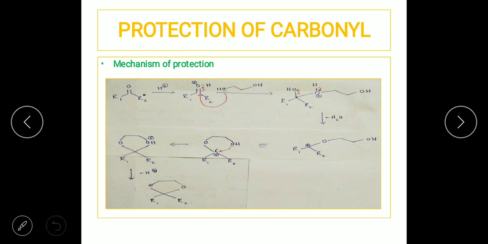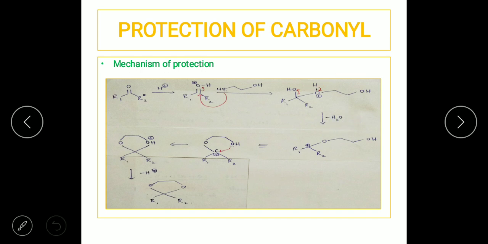Now once there's a formation of a bond between the carbonyl carbon and the oxygen, you can see there is a positive charge on the oxygen because there are 3 bonds. Now at this step, the water molecule is going to be removed. So here the positive charge on oxygen is removed by the deprotonation. So the H plus is getting removed, which is nothing but the removal of the positive charge on the oxygen. And then the hydroxyl group is going to be removed because it's a good leaving group, OH minus, and OH minus is going to bond with the H plus and be released as a water molecule.